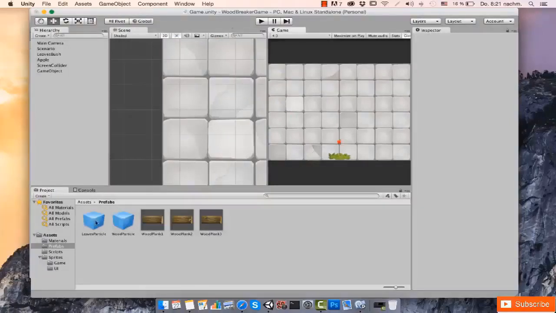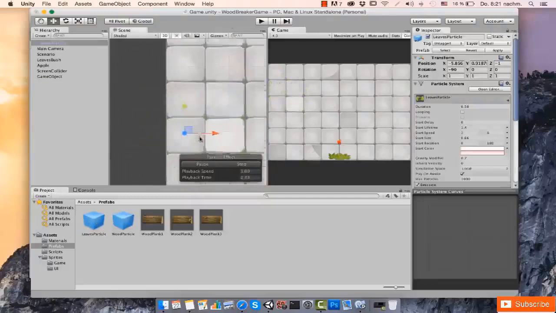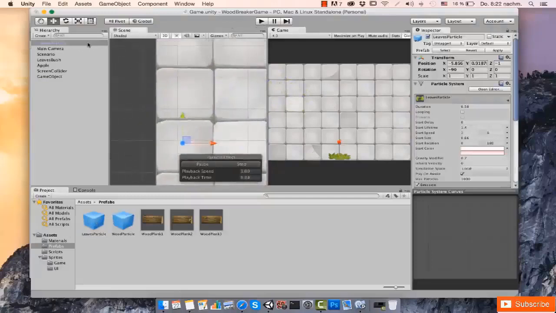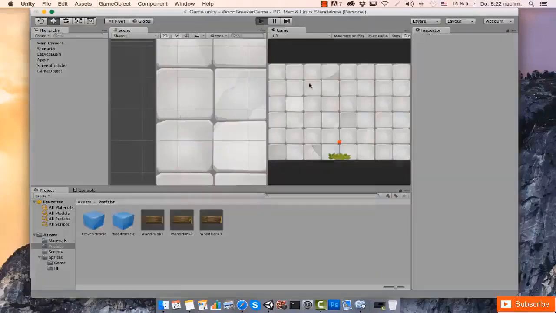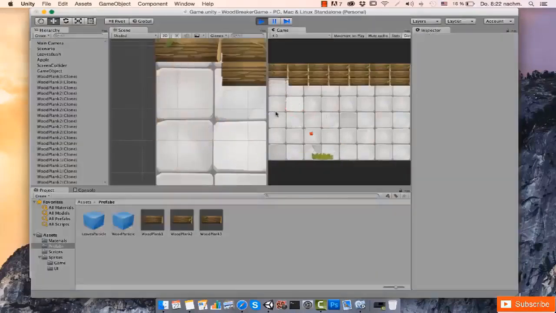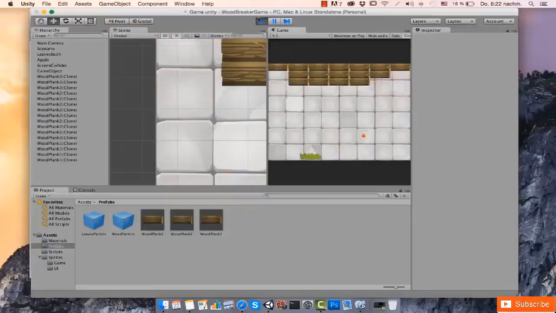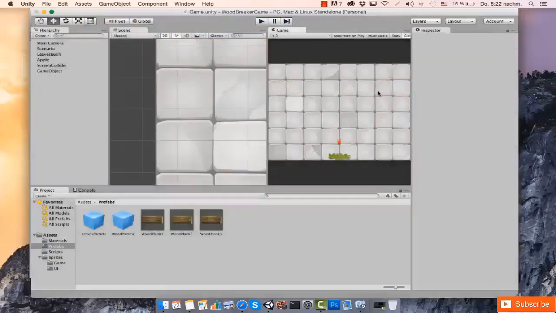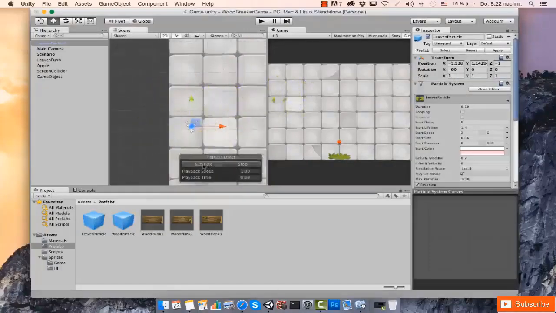Now we need to place the leaves particle. And if you notice, the leaves particle will never appear twice in the scene. There are cases where the wooden plank will appear twice, in case we hit two wooden blocks at the same time. Let's see if we can do this. There you go, we hit twice. So we got two particles at the same time. But for the leaves particle, we'll never have two at the same time, because it takes time for the apple to come down and hit the leaves bush again. So we can just keep one leaf particle in the scene and just play it,